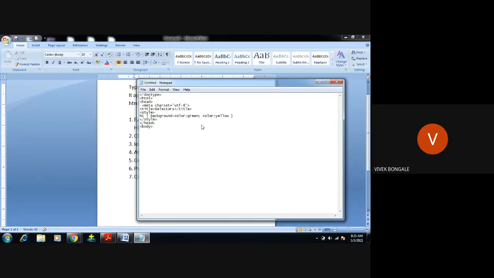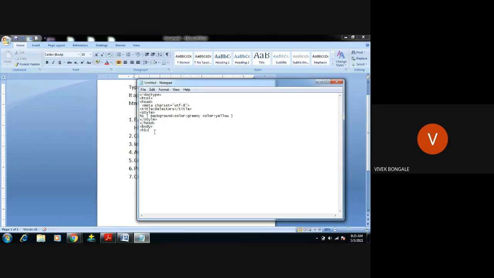Here in the body we have to use the tag. Now it becomes the element because we have closed the style here. Only till here it is CSS; after this it becomes normal HTML code.